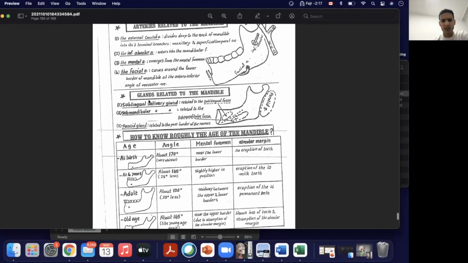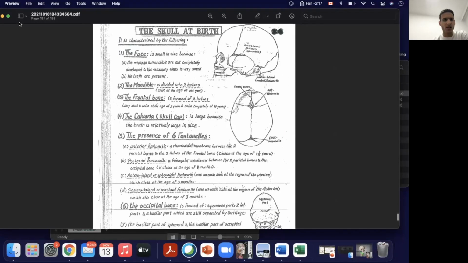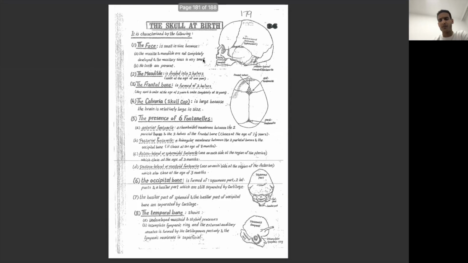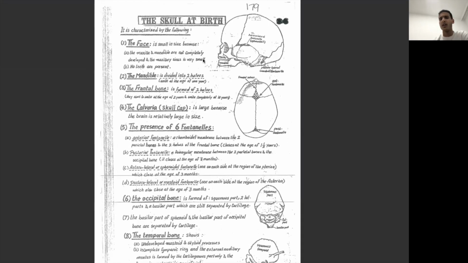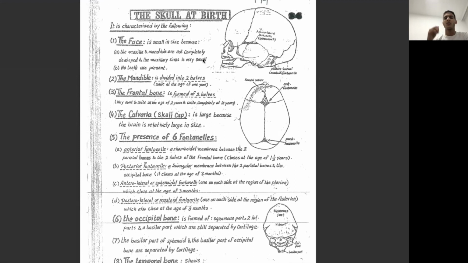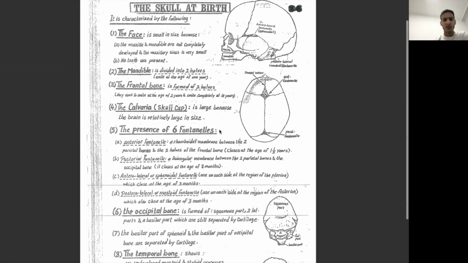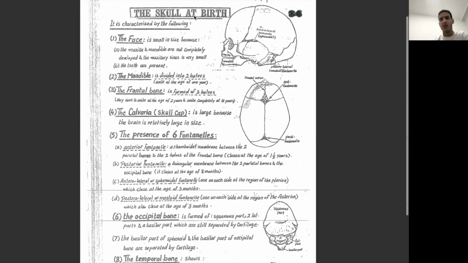I've never shown you guys the skull at birth, because it's part of the joints of the skull. So we have the temporomandibular joint that we just discussed, we have the sutures, and we have the fontanelles. The fontanelles are just present in the skull at birth, in infants, and you have to know this part right here. All the fontanelles: the anterior fontanelle, the posterior fontanelle, the anterolateral sphenoidal fontanelle, and the posterolateral